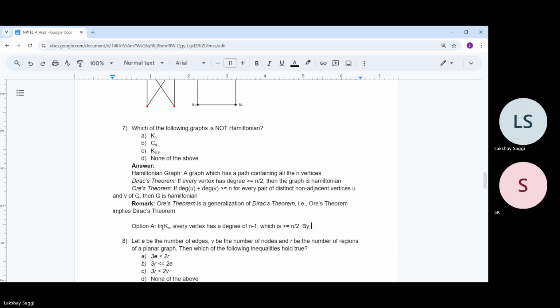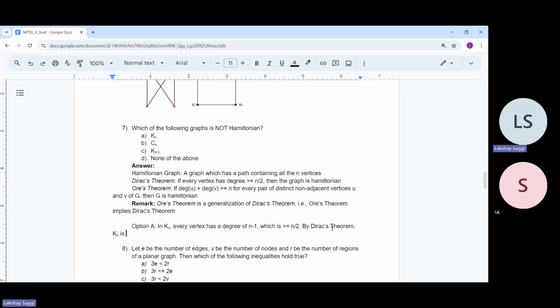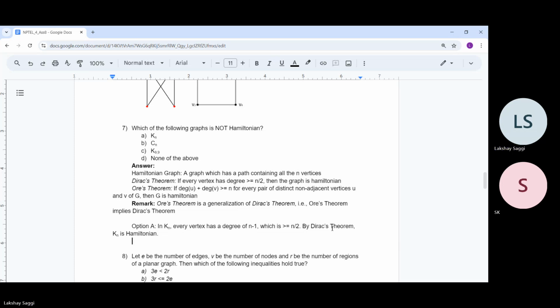So by Dirac's theorem, Kn is Hamiltonian. Right, I hope this is clear to everyone. Then we can move on to